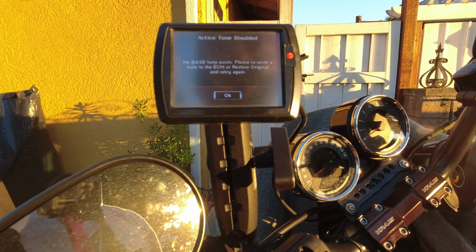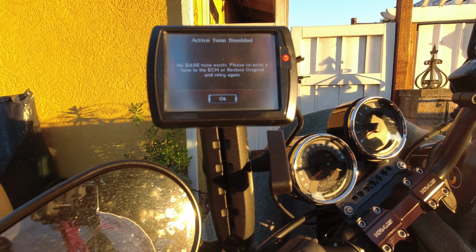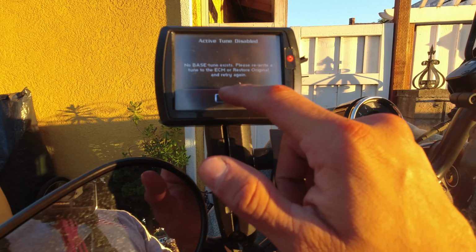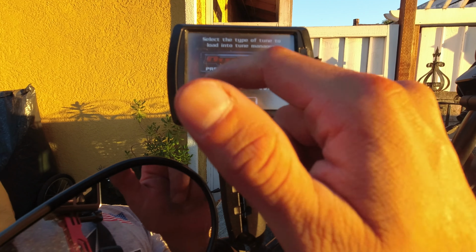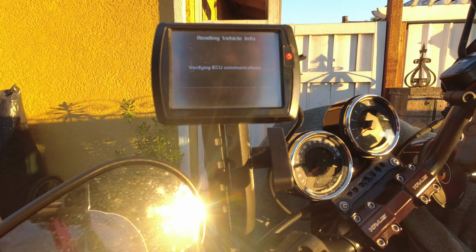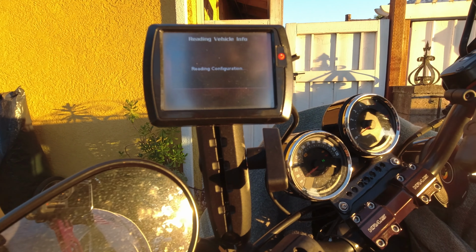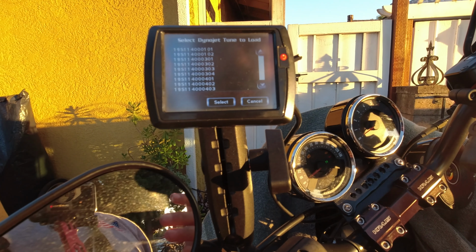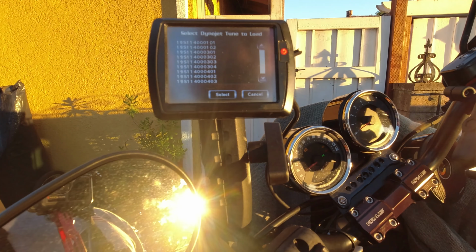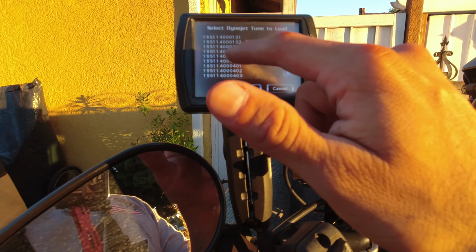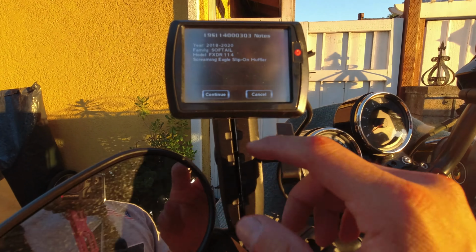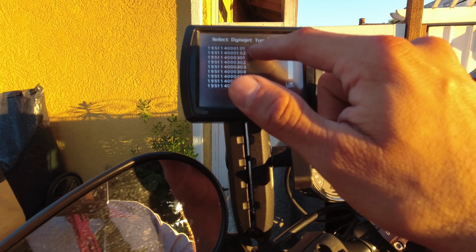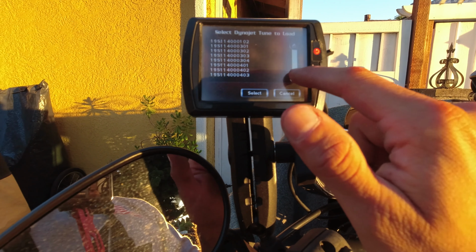No base tune exists. Please rewrite a tune to the ECM or restore original and try again. So load a tune. Let's go ahead and get one of these. Okay, so I guess it's already married to the bike. I don't even have to confirm or anything. And then let's go ahead and find a tune for my bike, so I could compare it against the